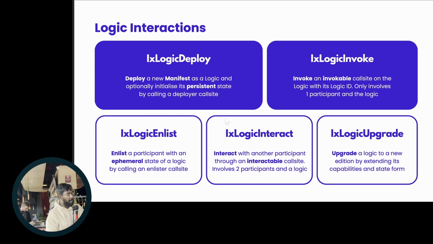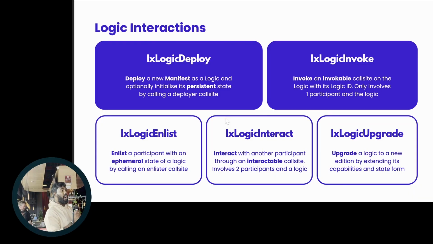And yes, we do support upgradability. The contracts are immutable, but the way the logic object structure is architected is that there is a unique logic ID associated with that address. And if you upgrade the logic, and when we say upgrade, it means extend. You cannot just change all the methods. You can add new methods. You can add new state fields. You cannot remove the ones that already exist. So if you were to extend the capabilities of a contract, you can count that as an upgrade, and you'll be given a new logic ID under the same address for that logic, right? And there's a built-in namespace service on the logic. So instead of using the logic ID, if you were to use the logic address, it will automatically route to the latest version of the logic, right?